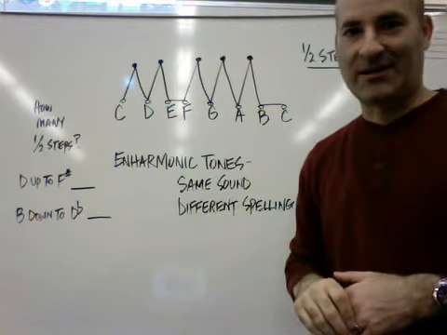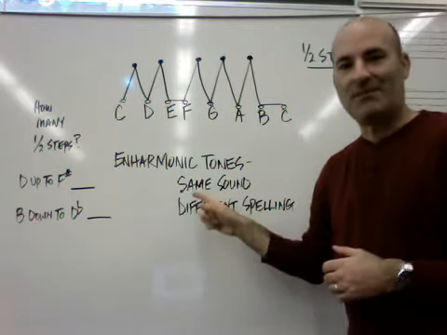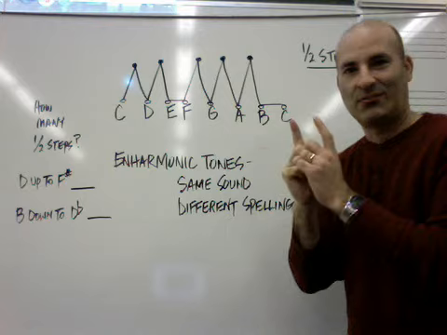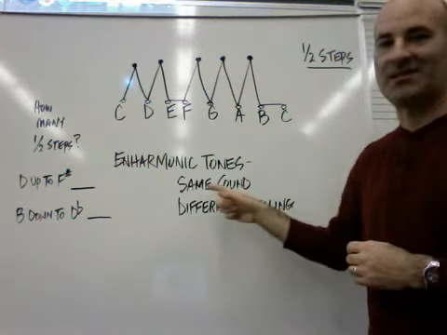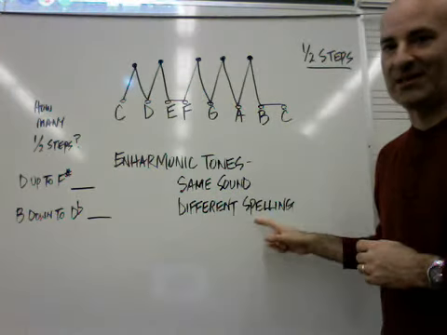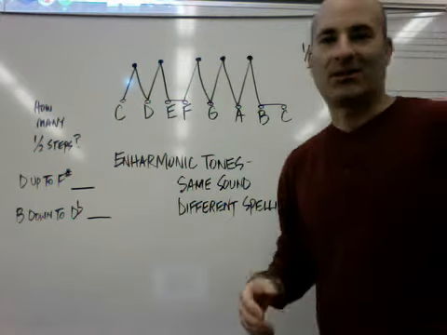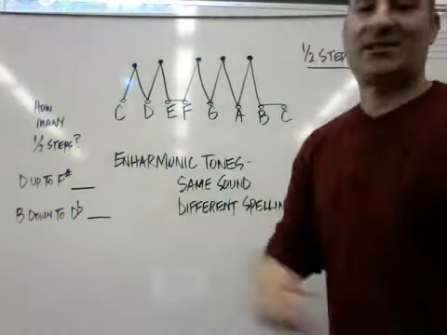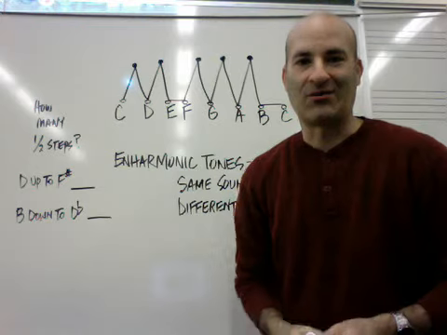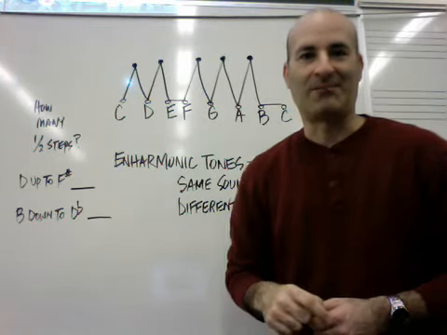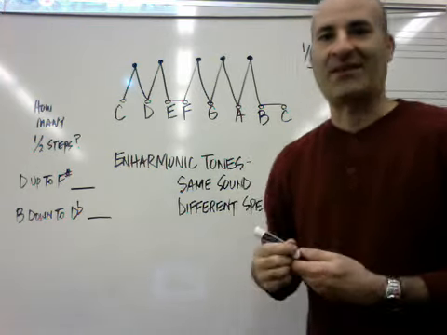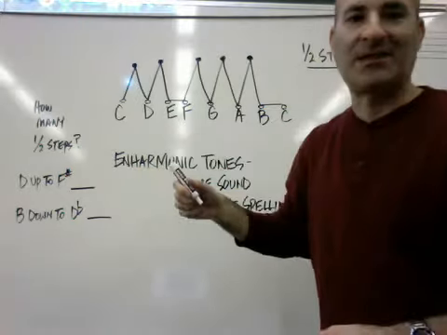So just to give you a reminder, enharmonic tones means that we have the same sound, but it can be spelled differently. It can be spelled 2 ways. So let's try this out. We're going to start with C. Remember, if we want to raise a note, we add a sharp to it because a sharp raises a note by a half step. So if we take C, raise it by a half step,